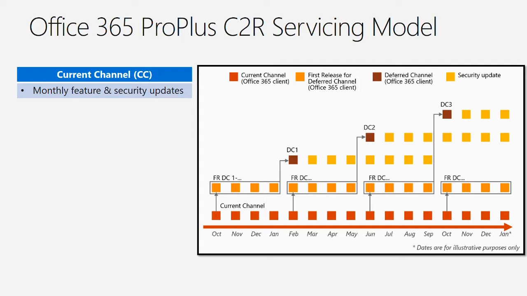So if we look at Pro Plus, there are really two production channels. If you're following along reading the slide, I'm talking more about the blue column over here. We've got two different production channels within the servicing model for Office Pro Plus. We've got what we call current channel. Current channel is pretty much what it means. It's current as features are developed, as they're validated, as they hit a quality bar within Microsoft, they're released to current channel. So what that means is on a monthly basis,